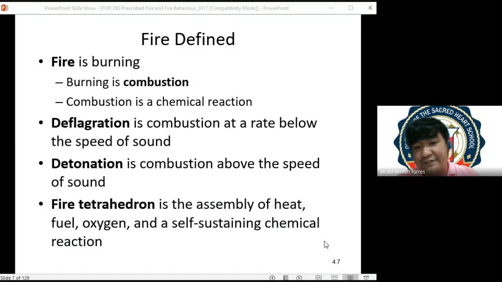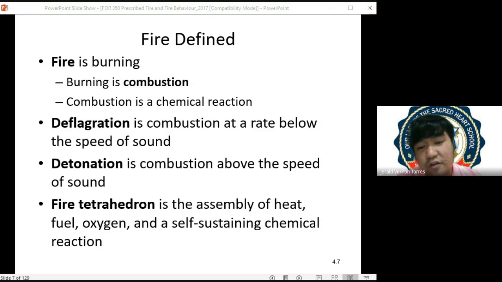So, what is fire? Fire is actually a combustion reaction. It's an example of a chemical reaction. It's a combustion reaction that can happen at a slow rate or a very fast rate. If our fire or combustion reaction is very fast, class, it is called detonation. When we are speaking of detonation, this is a combustion reaction or fire that travels at the speed of sound. So our fire can reach up to the speed of sound, and that is very dangerous. So we call it detonation.